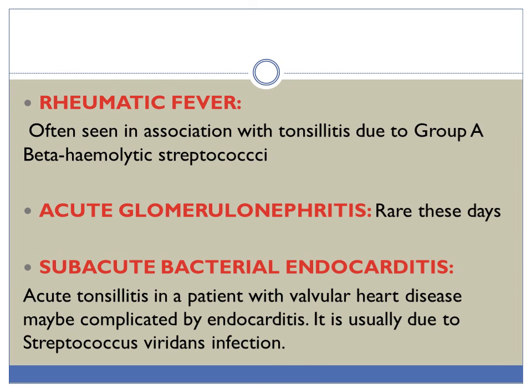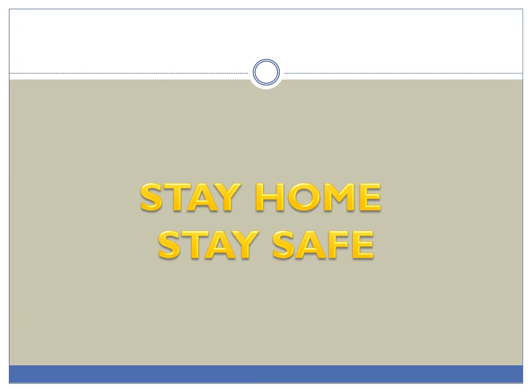Another complication of acute tonsillitis is chronic tonsillitis. Chronic tonsillitis cases have symptoms which persist beyond 2 weeks. Patient usually presents with halitosis, white or yellowish debris over the